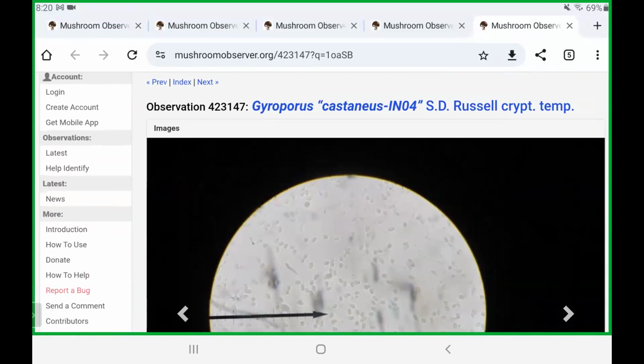With the exception of the C. cyanescens or whatever that thing is, and purpureum. Is it purpureum or purpureus? I forget. Gyroporus purpureus. Yeah, that one's kind of different too. There's also one that's really pale. It's almost white, and it's pretty rare. I think purpureus sequences exist, and we found one in the Pine Barrens a couple of years